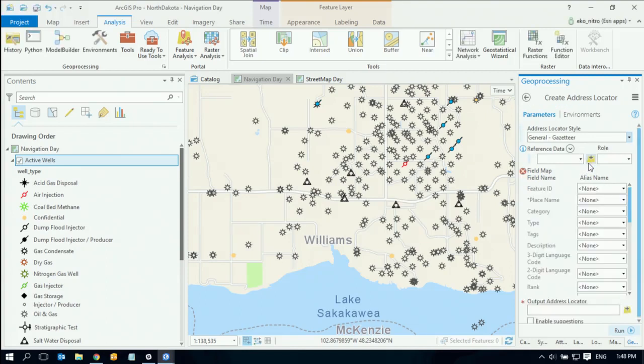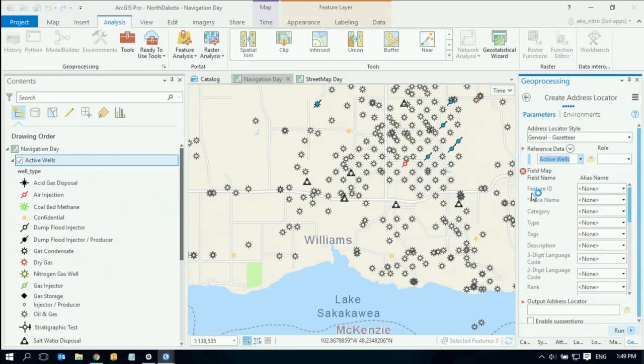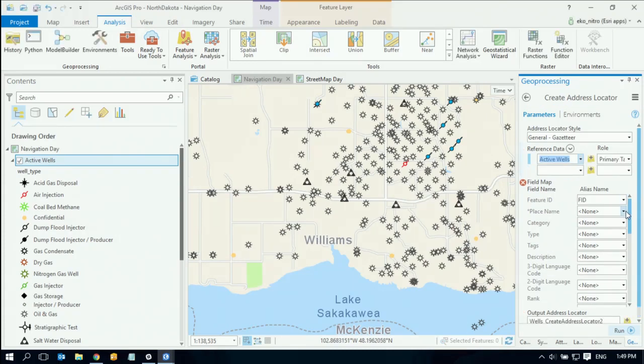And for those of you that saw the demonstration or intro session earlier, you'll find this very familiar, but we're just trying to get everyone up to speed. And so I'll pick my reference data, that's the active wells, and I'll choose the search term that I want, that attribute that's going to be the search. And in this case, it's the well name that I want to use. I could use a well number. It's really up to you how you operate, how your workers associate with the asset that they're looking for